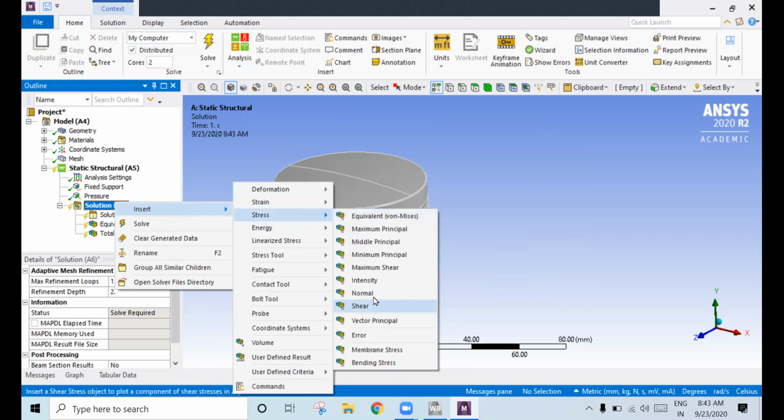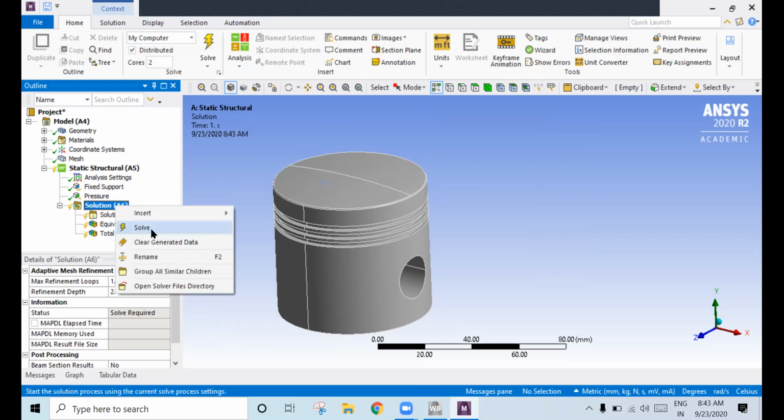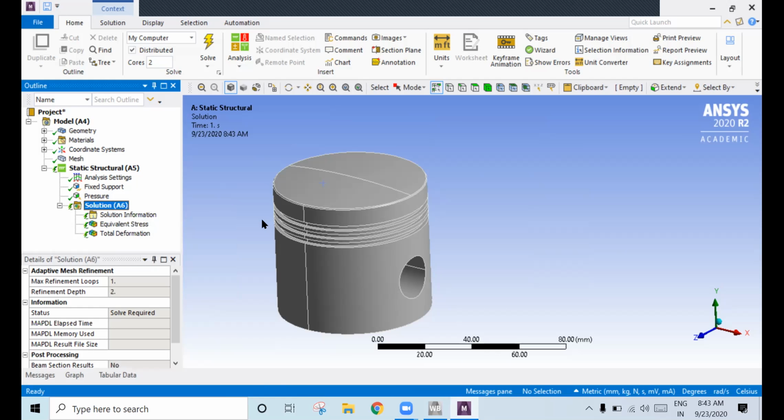If you want to get shear stress, you just select the shear stress. But as of now, I'm not doing anything. I will only get equivalent stress and total deformation. Once you select the output, right click on the solution and click on this solve. So it will take the time to solve the problem.